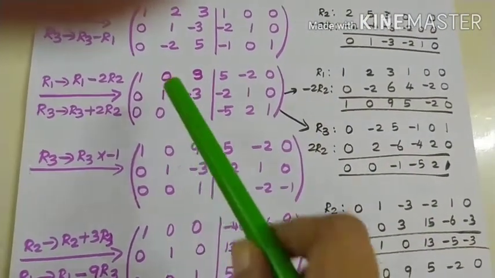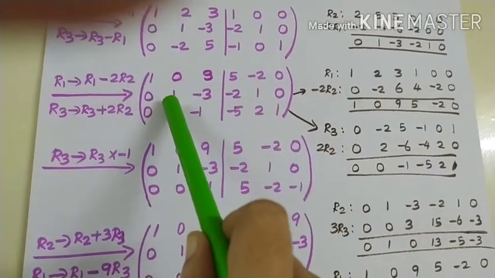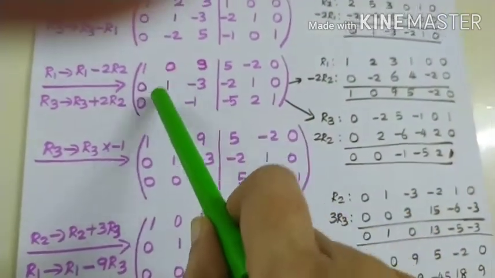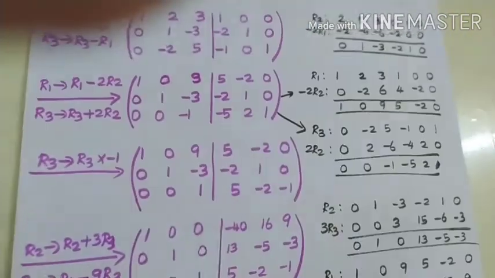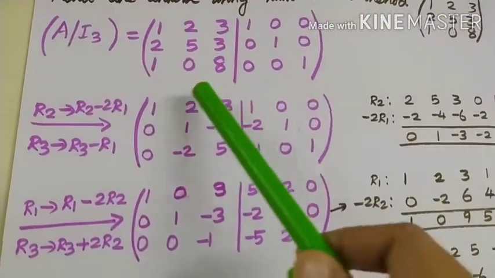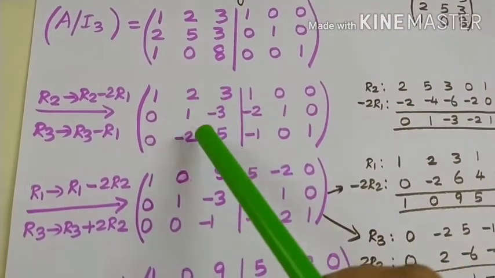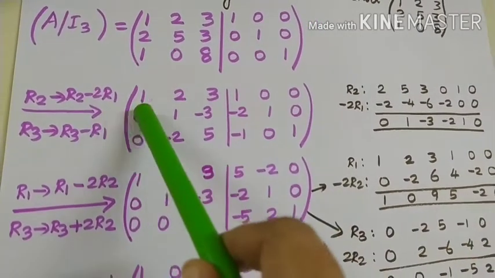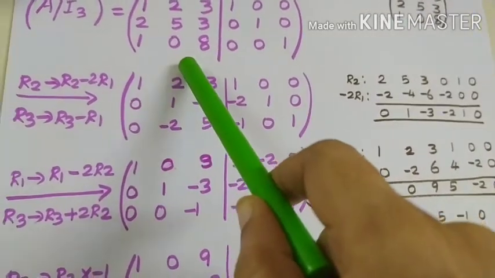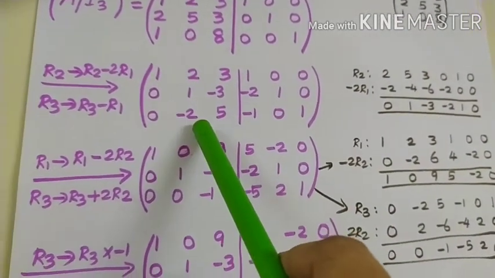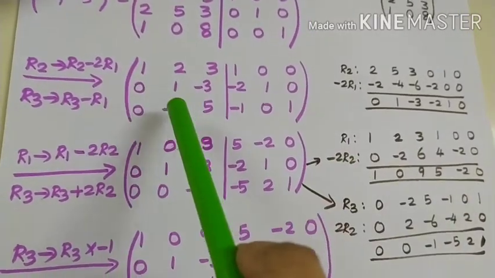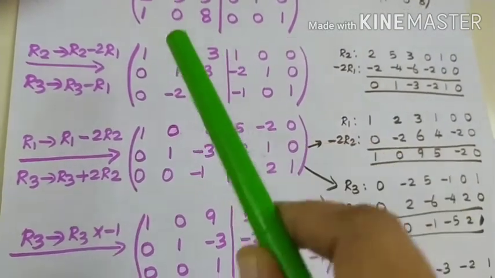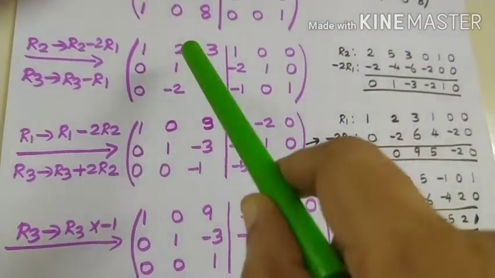What is my next step? In the second row I want to bring 1. Okay, in the unit matrix 1, 0, 0 over, I want to achieve 0, 1, 0, which means there is already 1 only. We need to bring zeros here and here using this 1. So here it is 1 and here it is 2, which means multiply all this by 2 and subtract. Here it is 1 and here it is minus 2, which means multiply all this by 2 and then add it. So R1 becomes R1 minus 2R2 and R3 becomes R3 plus 2R2.